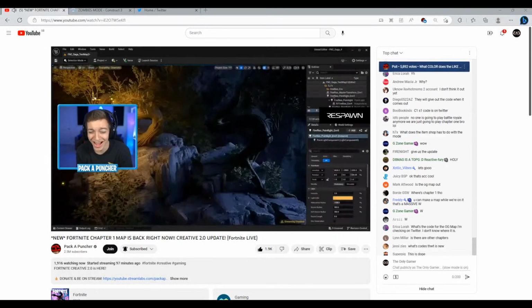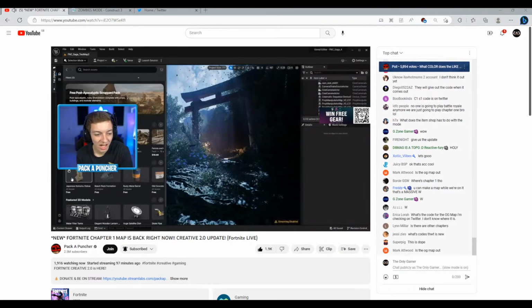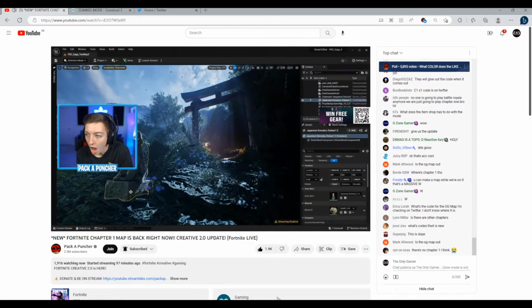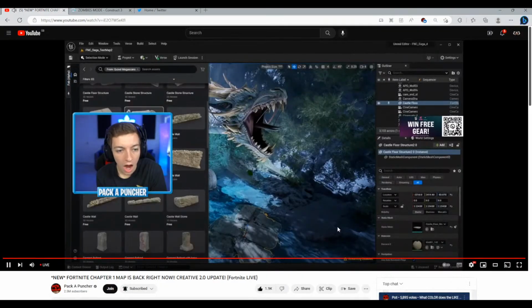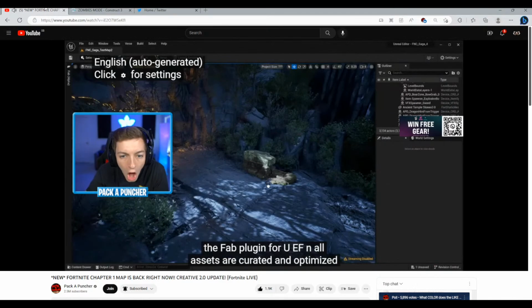Lumen. This is our real-time Fortnite global illumination system. You can also find more content like Quixel Megascans and Sketchfab models in our initial alpha release of the Fab plugin for UEFN. All assets are curated and optimized for use in Fortnite, and the full version of Fab will